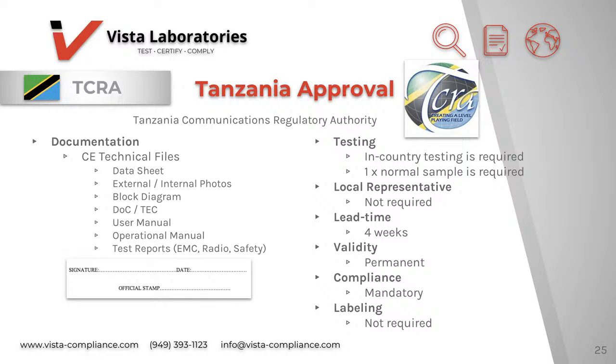Whenever an existing type-approved electronic communications equipment is modified with respect to manufacturing brand name, product name, model number, or function, or any changes that affects any of the information recorded in the type approval register or the type approval certificate, a new application for type approval must be made to the requirements of these guidelines. Whenever changes to the type-approved electronic communications equipment may affect compliance with the applied standards and requirements to which it has been previously tested and validated, a new application for type approval must be made according to the requirements of